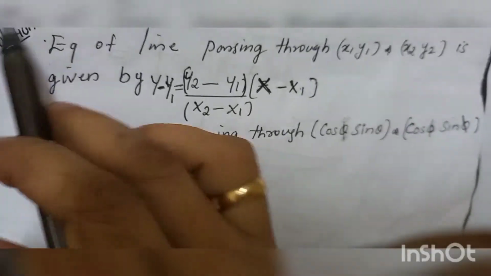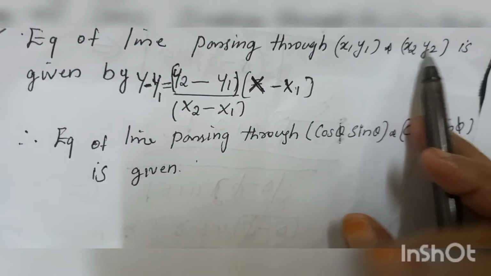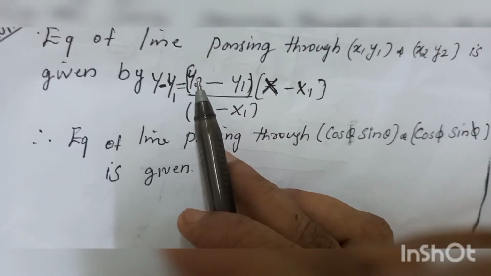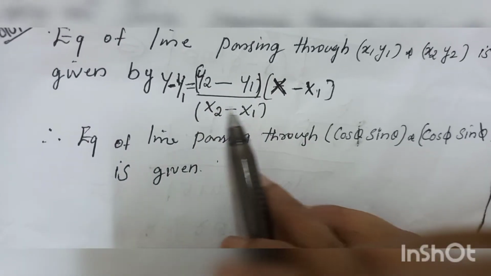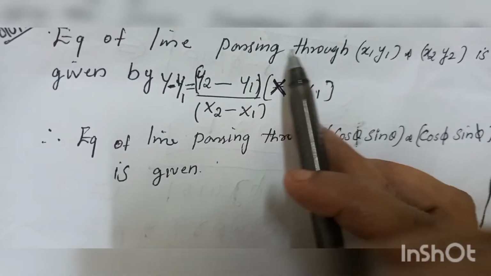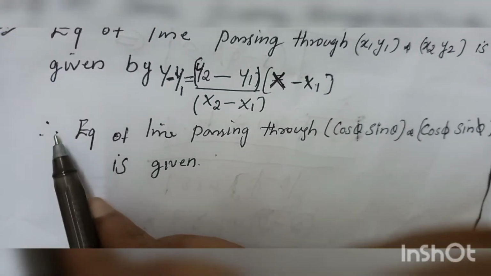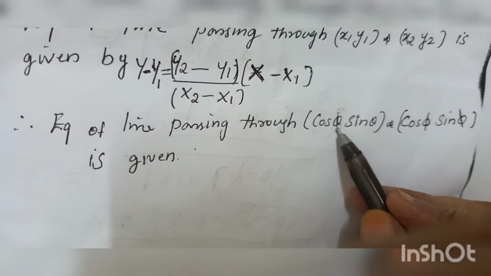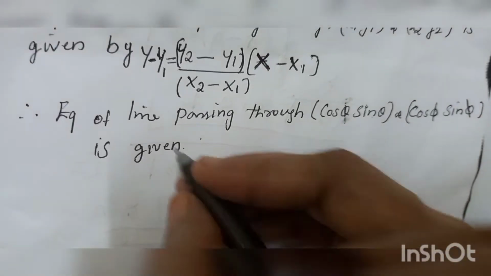Solution. Equation of line passing through x1, y1 and x2, y2 is given by y minus y1 is equal to y2 minus y1 whole divided by x2 minus x1 into bracket x minus x1. So, therefore, equation of line passing through cos theta, sin theta and cos phi, sin phi is given by